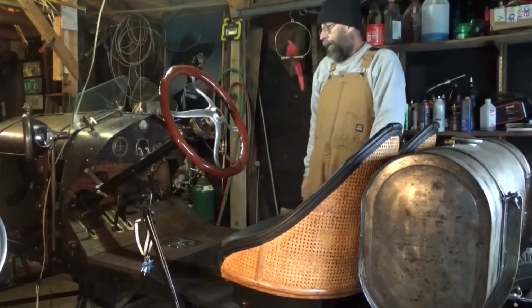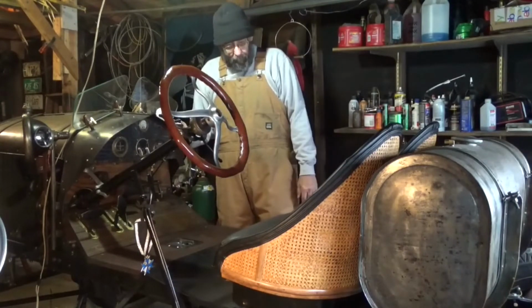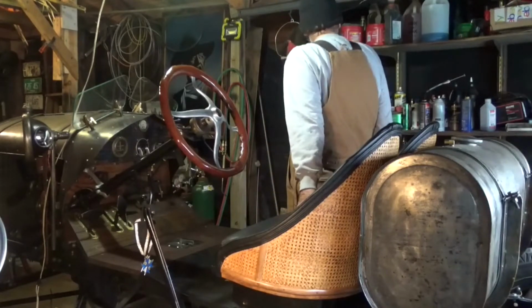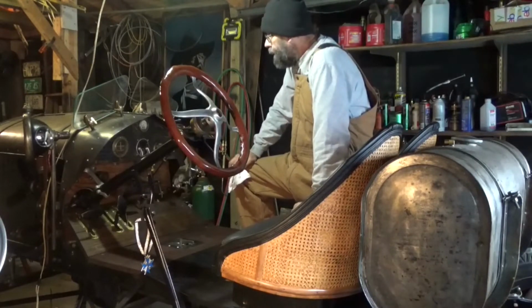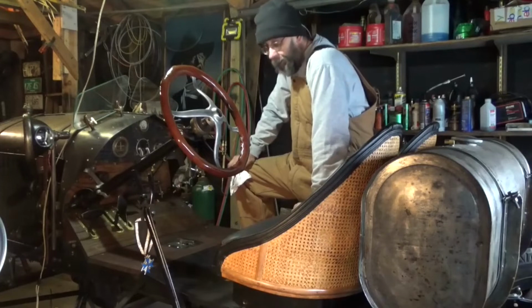Everything's looking pretty good. I need to get some, what am I trying to think of? Not lacquer thinner, the other stuff. Whatever it is. And wipe down all this metal and re-oil it. This bare metal look is a little bit of a pain in the butt,